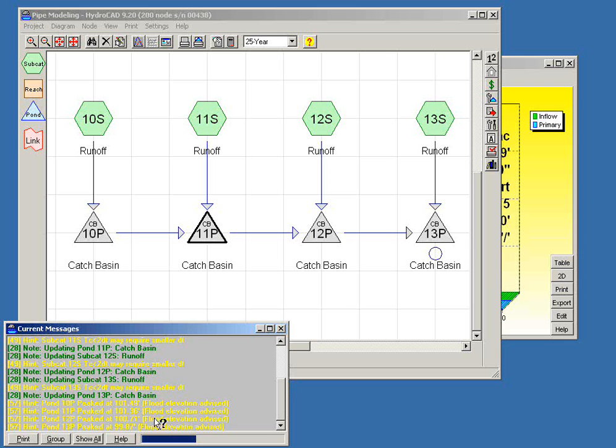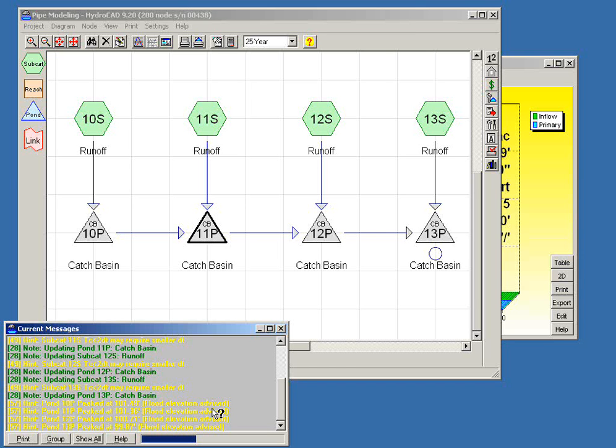Now we still do have a number of hints that are occurring in this model. These are advising us that we have flood elevations or peak elevations that are being attained, and it's advising us to put in a flood elevation. What this means is that the software has no way of knowing whether we've overfilled our catch basin or overtopped our roadway. It doesn't know what we're modeling. So we could put in a flood elevation in order to give it that information, or perhaps we might have